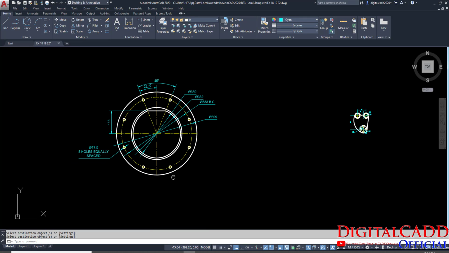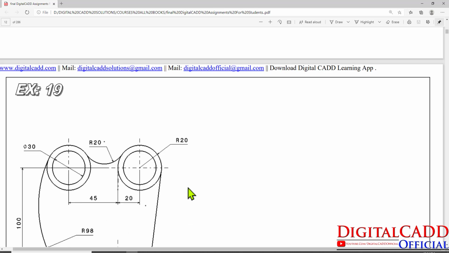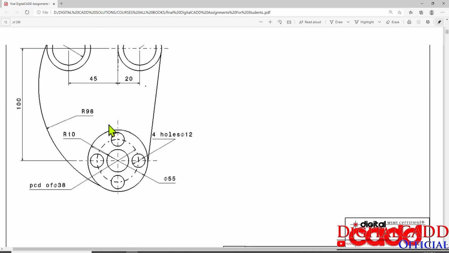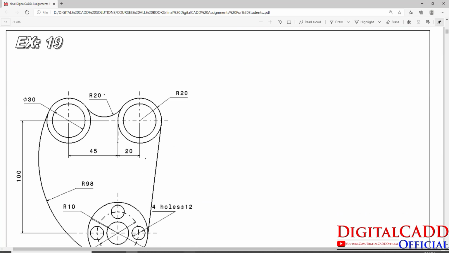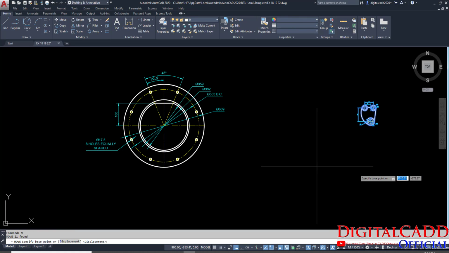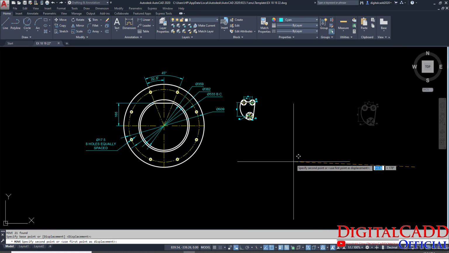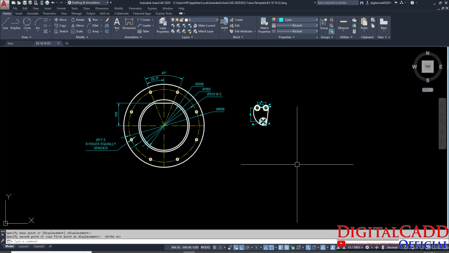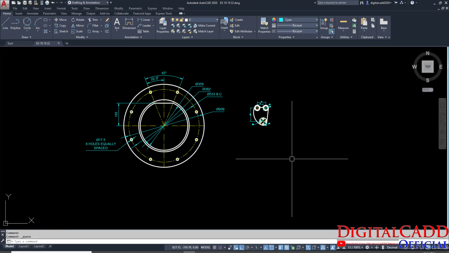Let's type the text here. What is the name of retainer? And this was any mechanical drawing you can see. So just select them all. M for move, make ortho mode on here and place it here a little bit. Okay, save, press Ctrl S. I think